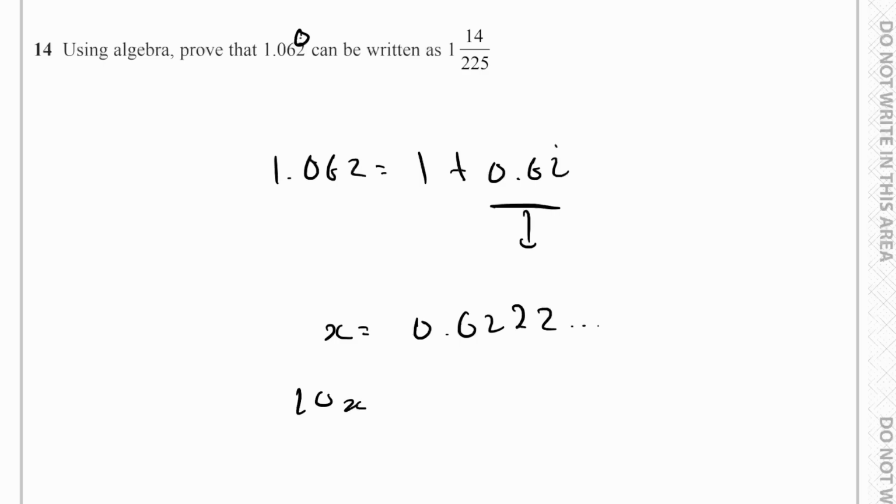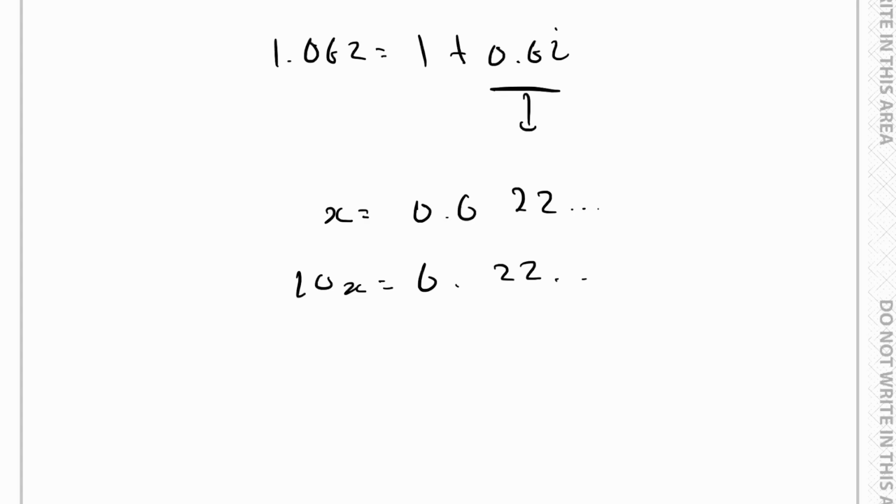And then 10x therefore is going to be equal to 6.222... like that. And then if you were to take your 10x and take away x, then essentially you can remove these trailing spaces because these basically cancel out. Okay, and so what you end up with, and actually it's a bit easier if you do this with 100x